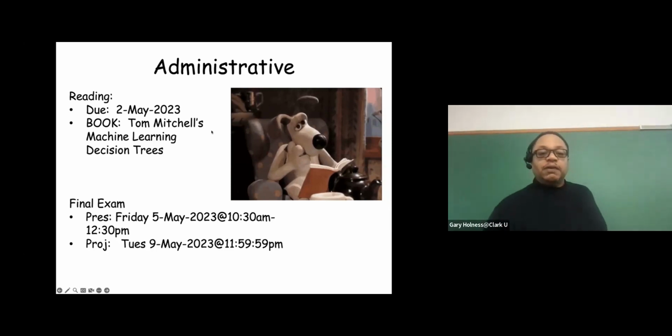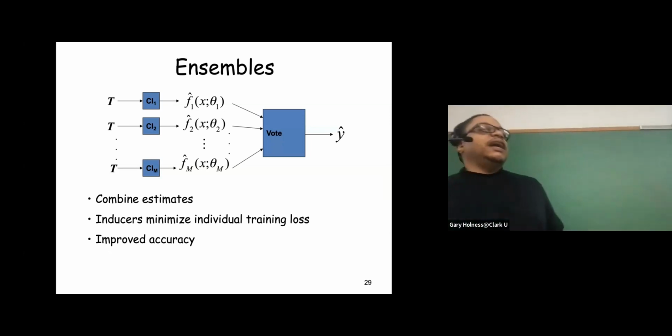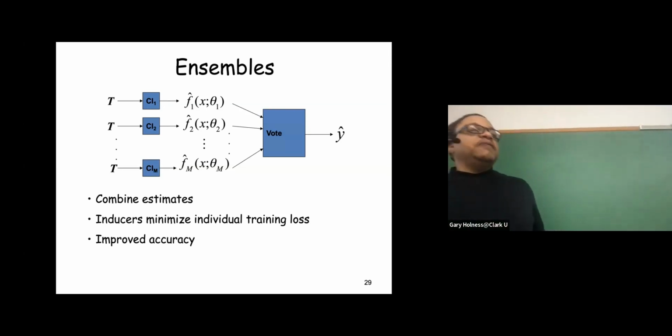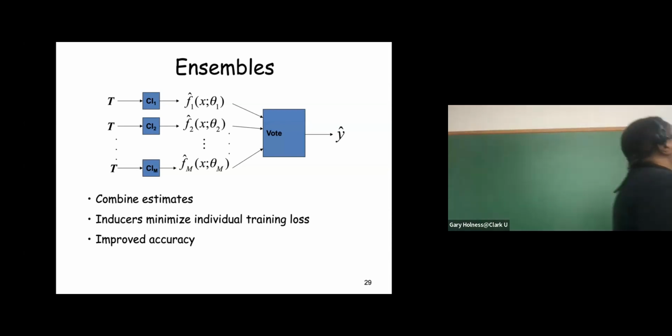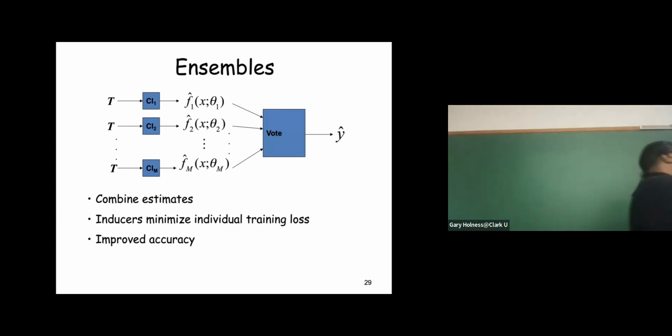When we last left off, we talked about ensembles, and we said an ensemble is a type of meta model. And this meta model takes a bunch of base classifiers. So ensembles are a classification method. There's absolutely ensemble regression, but we're not going to cover that in this class. With an ensemble, you have a team of M many classifiers, so-called component classifiers, and you train these on your in-sample data, your training set, and they estimate a final best hypothesis G, or in this case F hat, that will output a predicted label Y hat